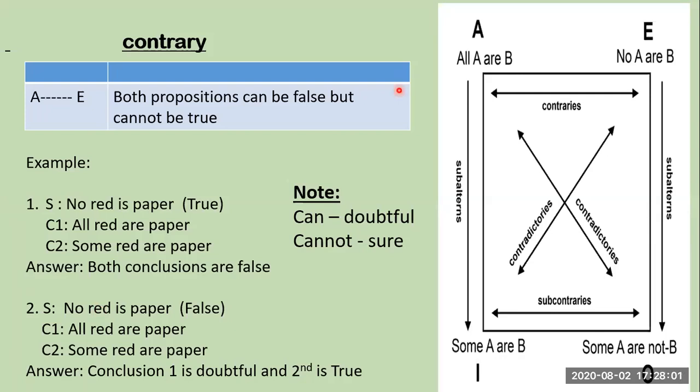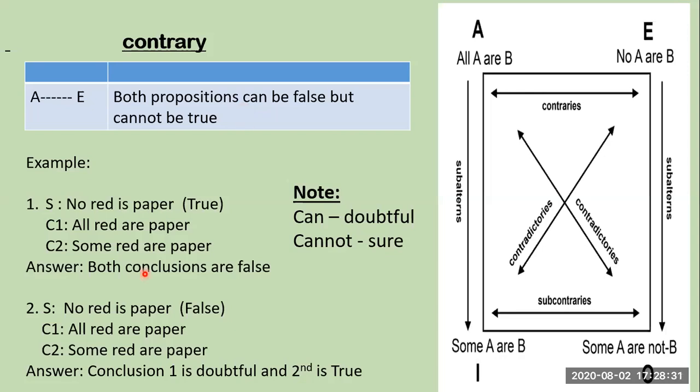See, this topic is very important and a bit confusing, so I've taken only one topic for today. You can see the next question, the next example under this, so you'll get still more clarity. No red is paper. No means E. And again, all red are paper. All. So both are falling at the top, right? Whenever both statements are falling at the top, it's called contrary. So move with the condition: both can be false, but both cannot be true.